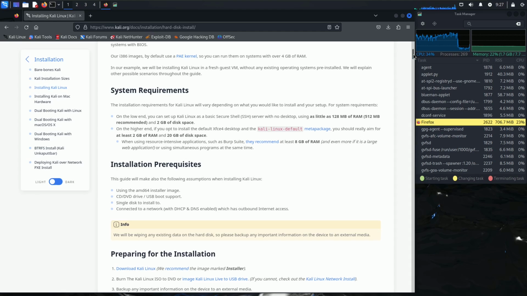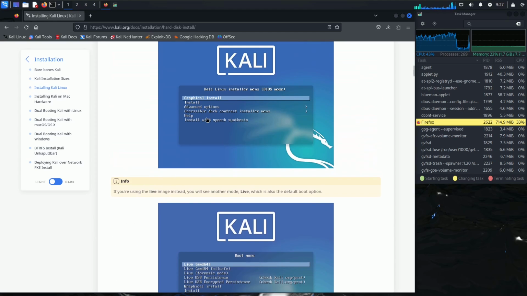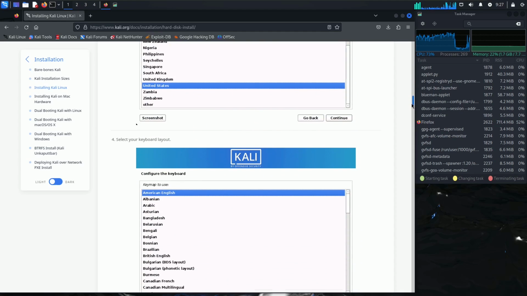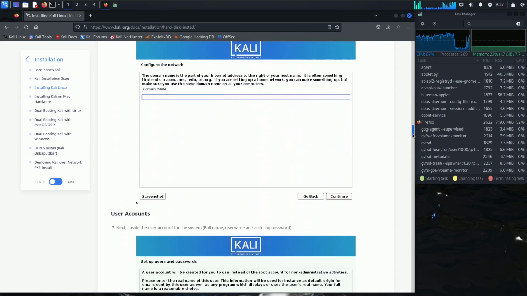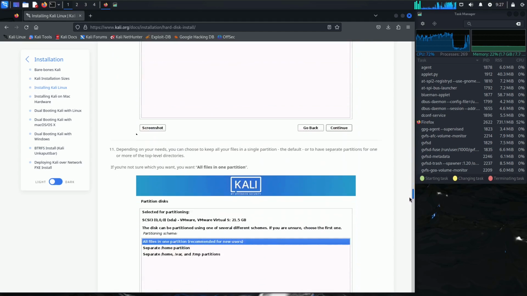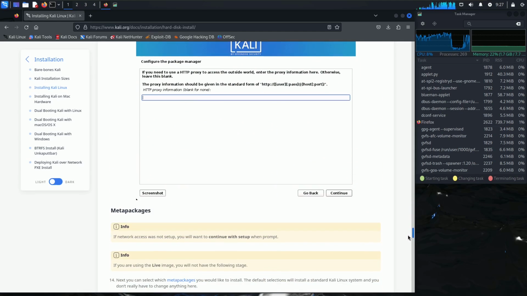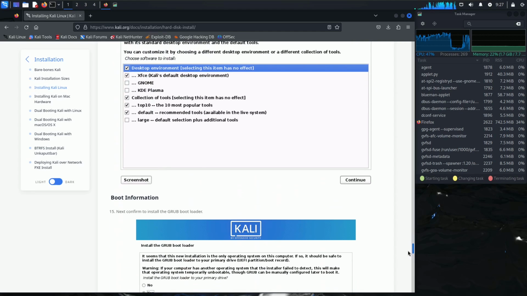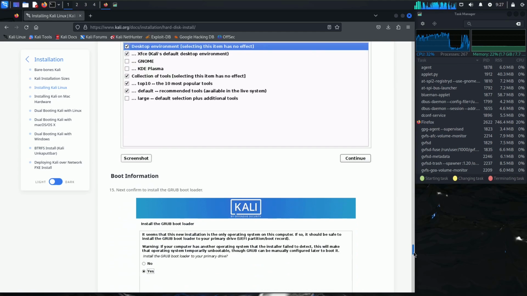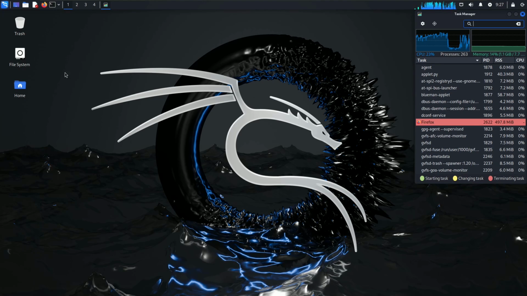And about the installation, you can see all the screenshots available right here. You can install it first. I already showed you the live boot. So here is the installer. You can install by following all the screenshots and install it on your own if you want to. They clearly gave all the installation procedure here, so you don't need to worry about anything. You just need to follow everything and it should be good. It's the same as the Debian installation, so there is no difference. And here are the desktop environments and other sets of selections for you, so you can follow this and get all this information. Let's close all those things.